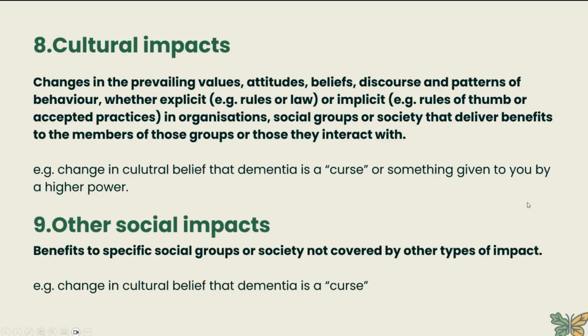And then the other social impacts. So benefits to social groups of society not covered by other types of impacts. And for some reason, the definition here is wrong. What was typed there earlier, before I accidentally copied and pasted the wrong one, is another social impact here, for example, is if